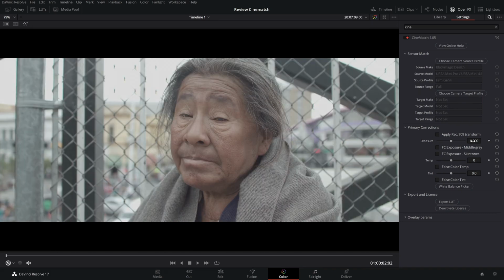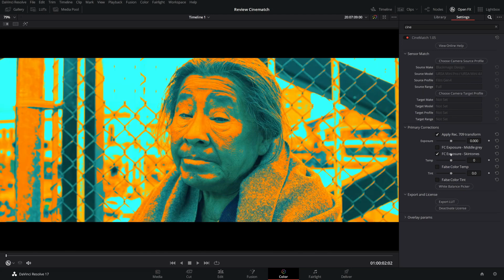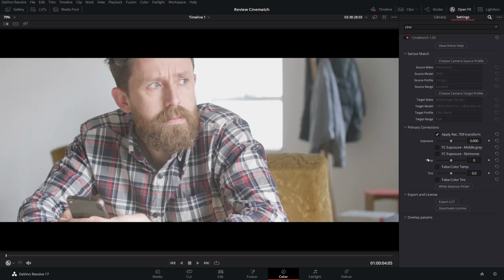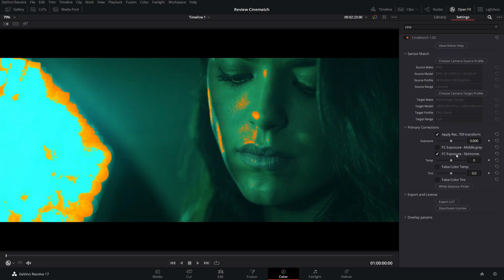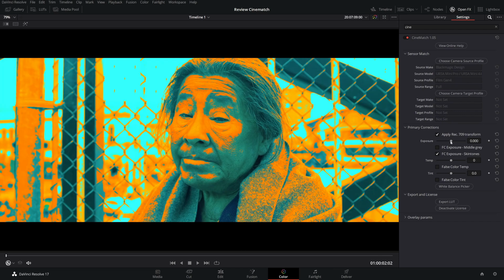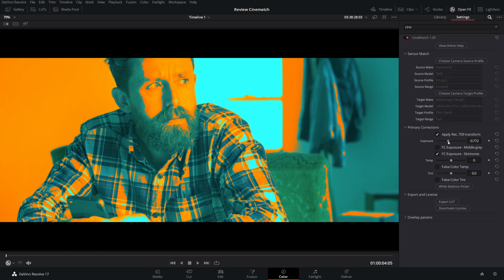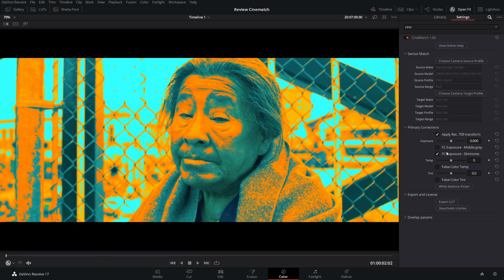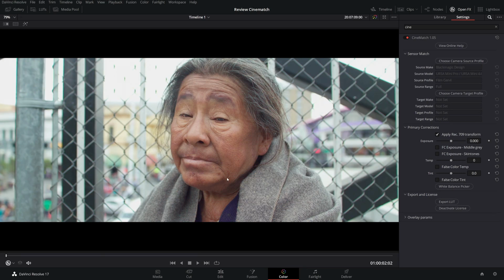So to do this, we already know we're gonna apply this and start with exposure by skin tones. I don't have the middle gray here, so we're gonna try here in the skin tones. And this one, maybe a little less, like this. We have to remember this woman has very brown skin.